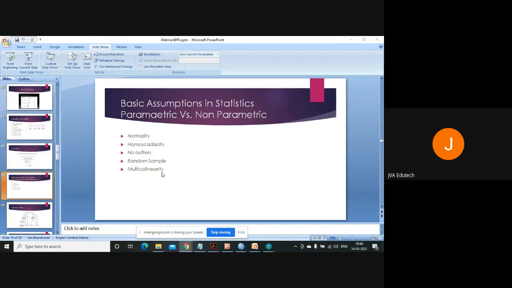Multicollinearity is an assumption that is only tested in the case of correlation or regression. Why? Because in correlation we check the correlation between the variables. So if there is high multicollinearity, this will again be a problem, particularly in the case of regression. Because in regression, let's say we have taken three predictor variables or independent variables x1, x2, and x3, and one outcome variable y, or the dependent variable.